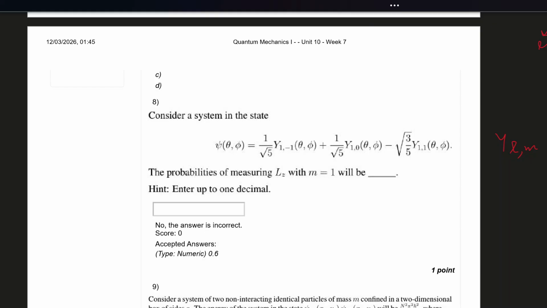So for the state to be in this eigenstate y11, it has some probability, which is basically its coefficient root over 3 by 5 and whole mod square, right? So then for m equal to 1, the probability will be